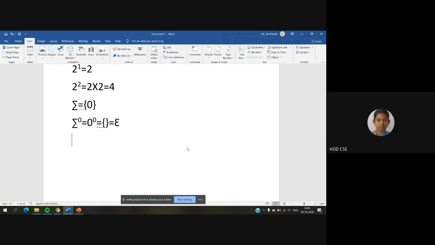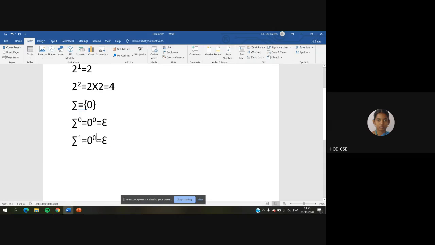Is it clear to you? 0 is repeated 0 times means nothing is produced. It is an empty string, called epsilon. So this is very important. Sigma power 0 is epsilon. Similarly, sigma power 1,